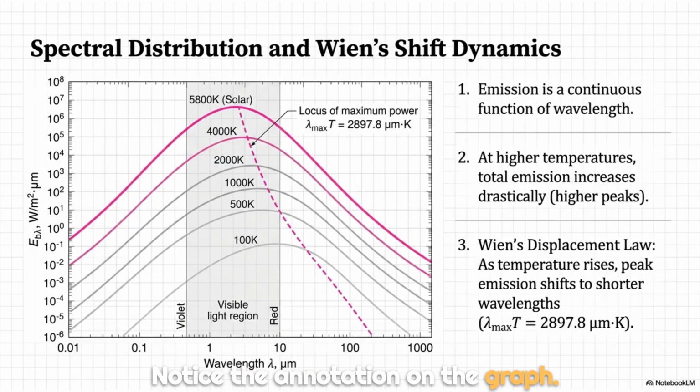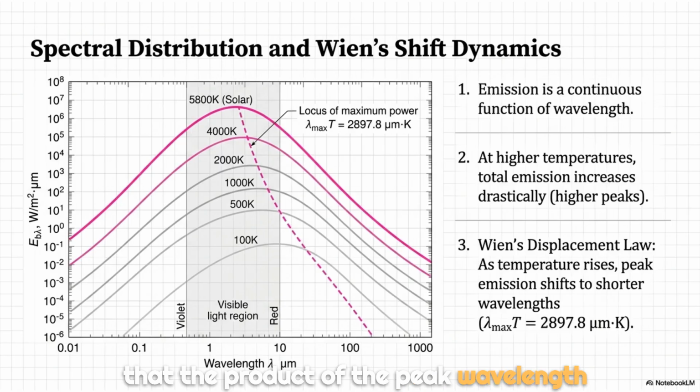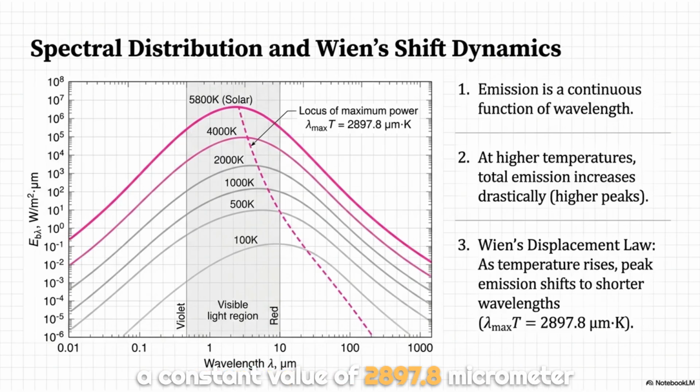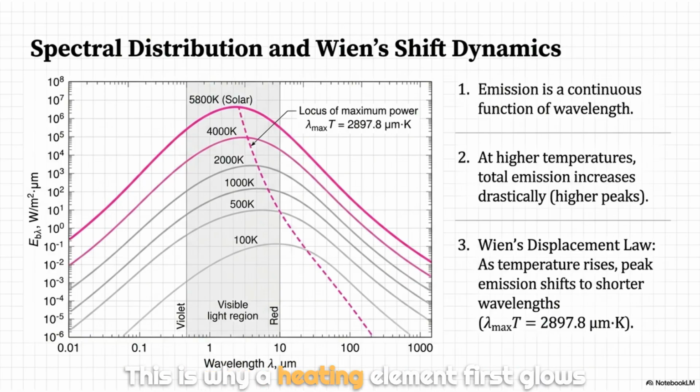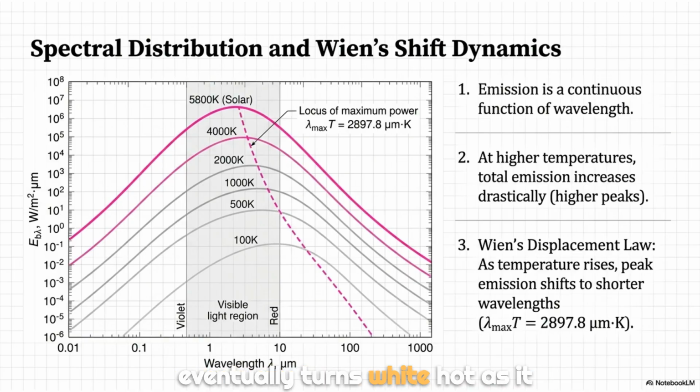Notice the annotation on the graph. The equation pointing to the dashed line defines Wien's displacement law, stating that the product of the peak wavelength and the absolute temperature is equal to a constant value of 2897.8 micrometer Kelvin. Consequently, as a body gets hotter, its peak emission shifts to shorter wavelengths. This is why a heating element first glows a dull red, then bright orange, and eventually turns white-hot as it